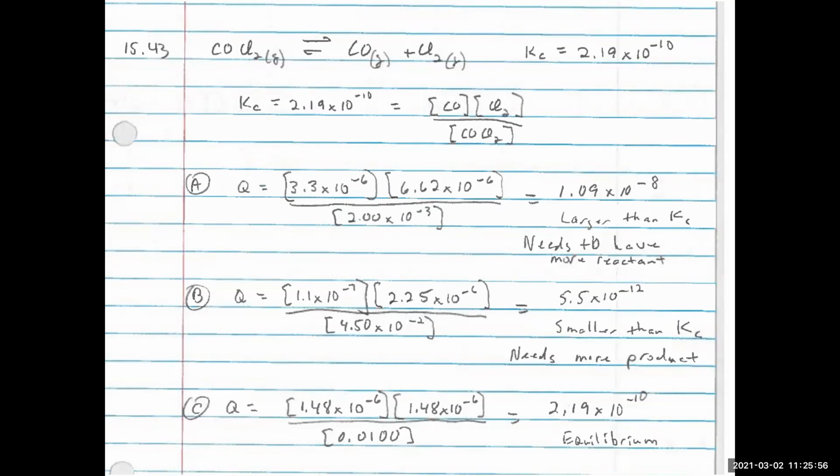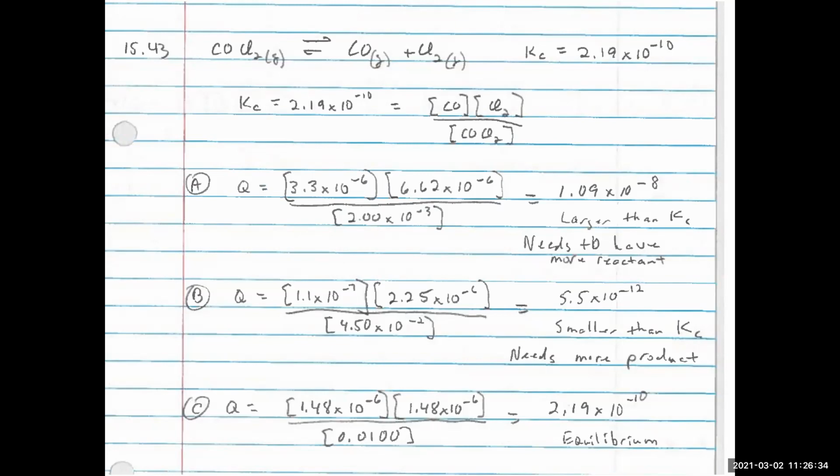So the reaction is going to go to form more products to make that Q value bigger, to get it on par with my equilibrium value. Finally, the last one, we plug those numbers, and lo and behold, we get 2.19 times 10 to the minus 10. We look back, and that was actually our equilibrium constant value. And so what that means is we're at equilibrium. Those particular concentrations maintain that ratio, which is what that equilibrium constant is, and so we're in